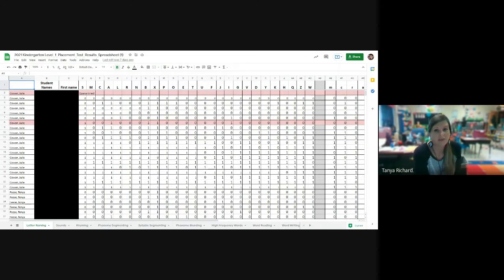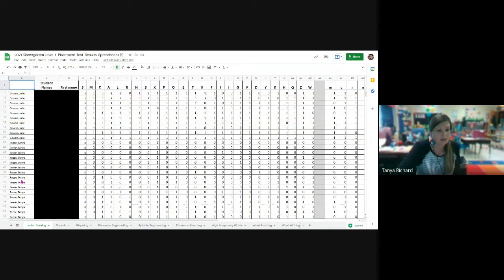And so it had a placement test, and we went ahead and gave that placement test to all the kindergarten students to give us an idea where they were at. And the reading intervention teacher used these results to create her reading intervention groups. I put a black box over all the student names, but it's divided by classroom.